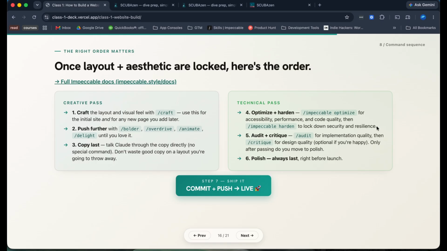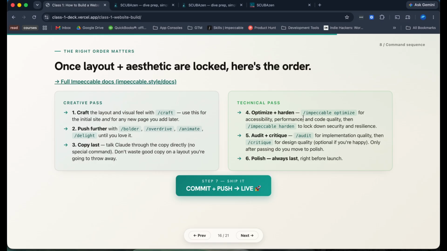We have the security installer agent, so this Harden shouldn't have to do too much more, but it's good to run both of them. And as long as you're not hooking up to a database or collecting personal information, it's pretty low risk. But if you are collecting personal information, it'll flag it and create safeguards around it. So just follow those directions.